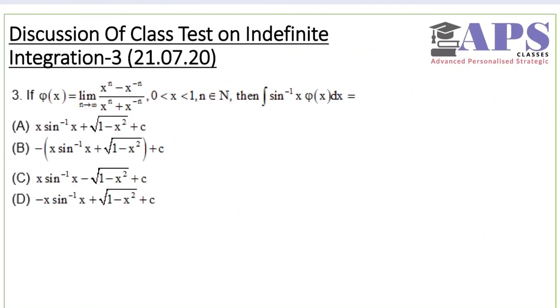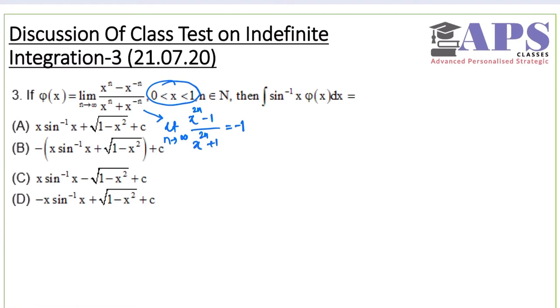In this question there are two parts. First you have to find the limit. So while finding the limit, since n tends to infinity, I can take x to the power minus n as 1 by x to the power n. This will give x to the power 2n minus 1 by x to the power 2n plus 1, and limit n tends to infinity. Here it is given that x is a fraction. X is a fraction, so that x to the power 2n when n tends to infinity becomes 0. So this gives minus 1. So that part is done.